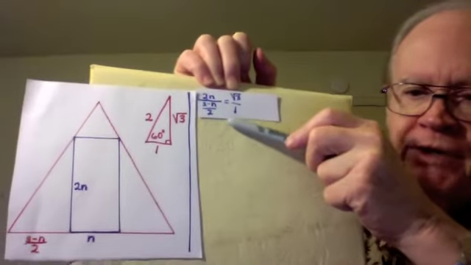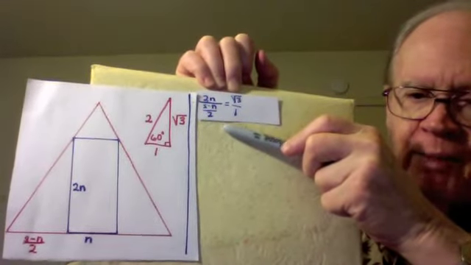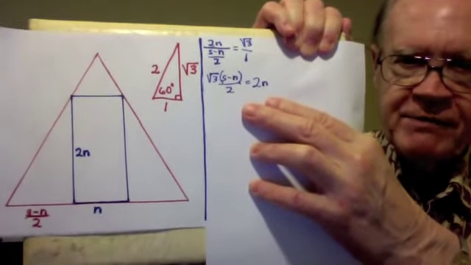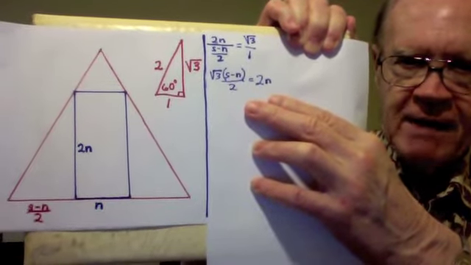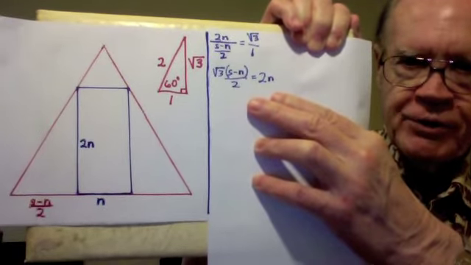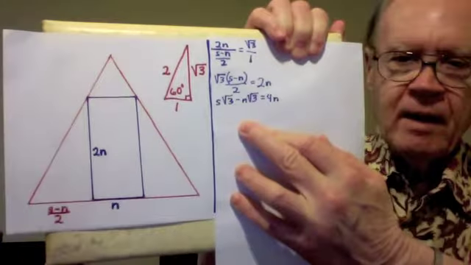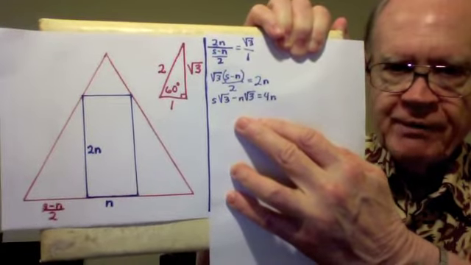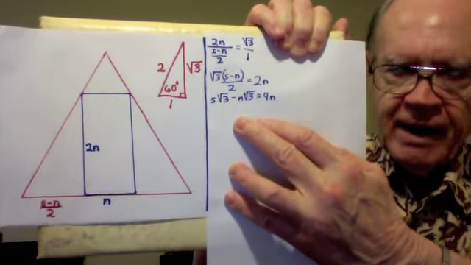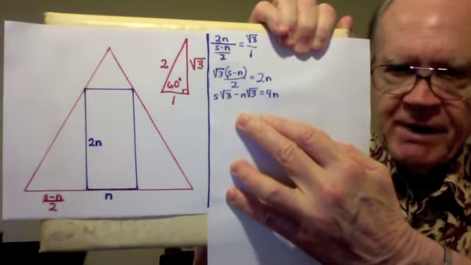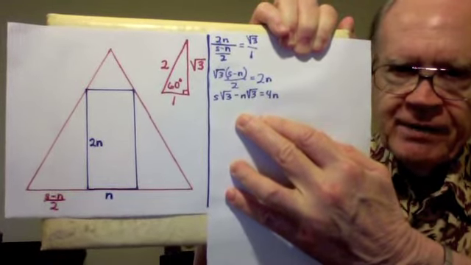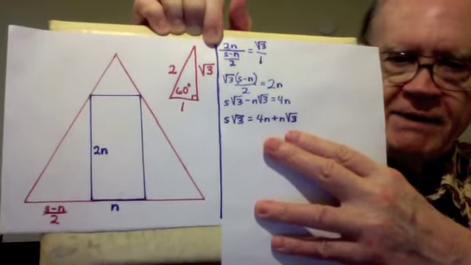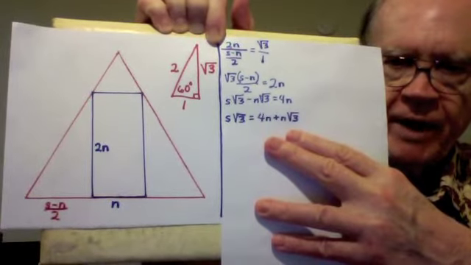So there's the proportion, and I will now solve that proportion for S. To do that, I first cross multiply, which gives me the square root of 3 times (S minus n)/2 equals 2n. I multiply both sides of that equation by 2, and I distribute the square root of 3 on the left side, and I get S times the square root of 3 minus n times the square root of 3 equals 4n. I add n root 3 to both sides, and I have S root 3 equals 4n